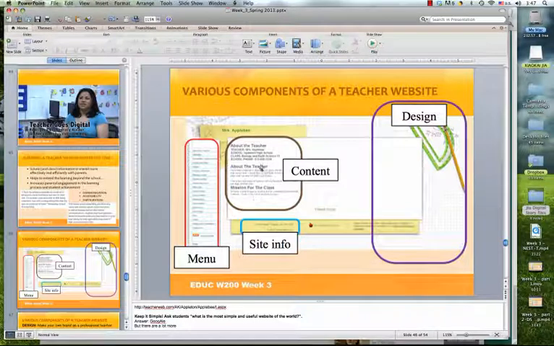And on a teacher website, usually a teacher will post information about him or herself. Okay, and there may be some learning resources, and a lot of teachers just use their teacher website for sharing what they do, sharing interesting stories. That's fine. Okay, so if you're a math teacher, your use of a teacher website probably will be different from an English teacher, right?